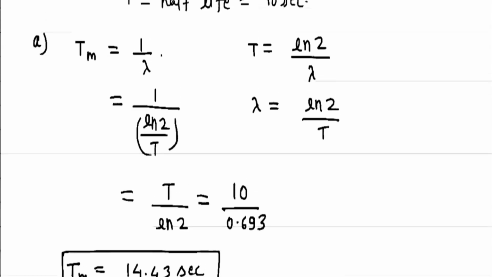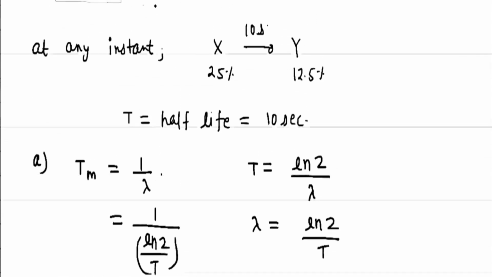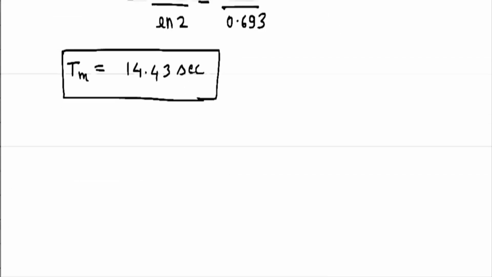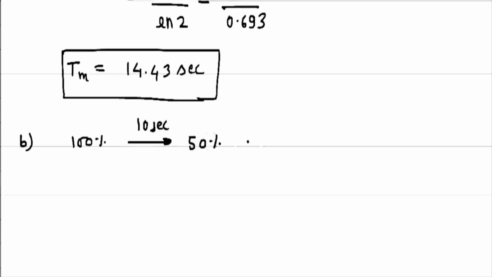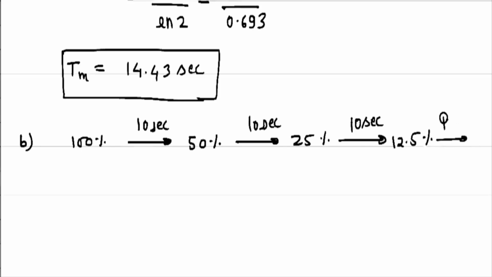Now in the second part we have to find the time when the number of undecayed nuclei will further reduce to 6.25%. Okay, so consider initially there were 100% of nuclei. In a half life of time, that is 10 seconds, it will be reduced to 50%. In another half life, 10 seconds, it will be reduced to 25%. In another half life, 10 seconds, it will be reduced to 12.5%, and in another half life of 10 seconds, it will be reduced to